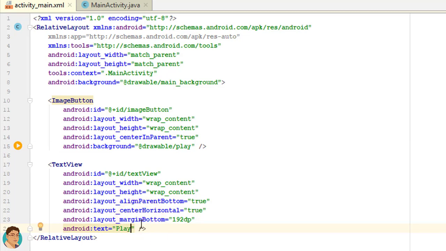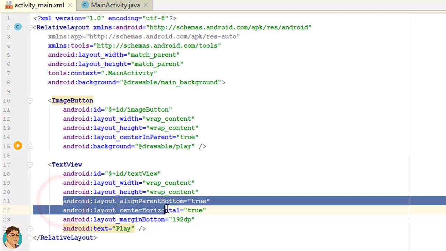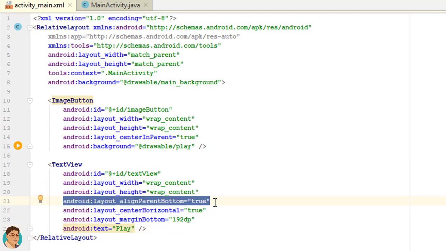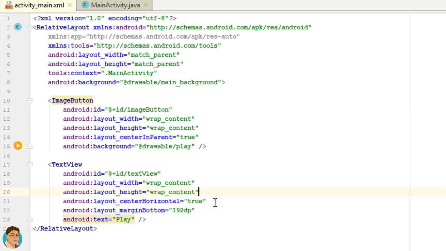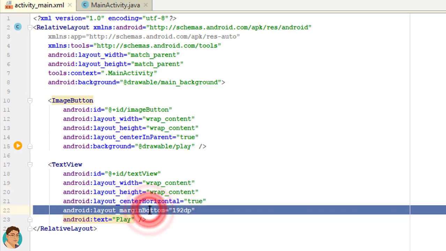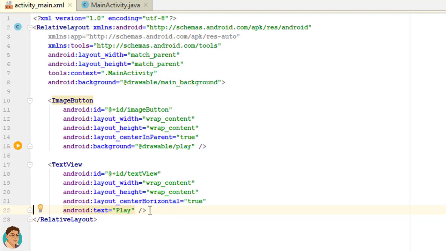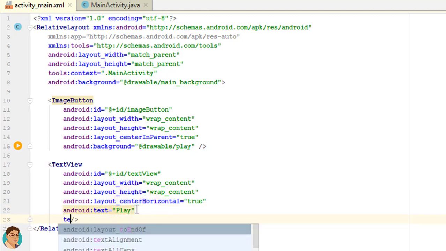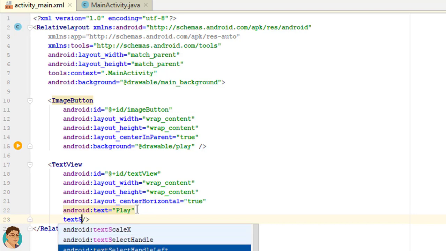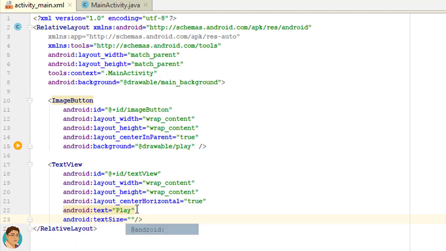Delete unnecessary codes. Change the text size to 34 sp. SP stands for Scale Independent Pixels.